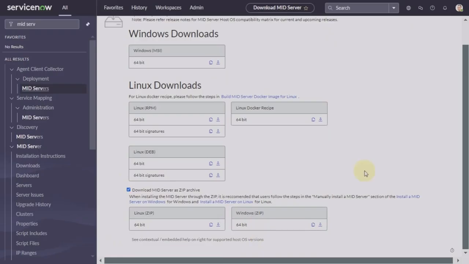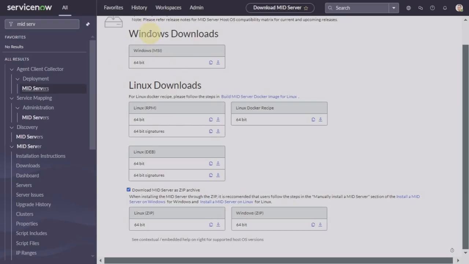It is always recommended to download mid server for the Windows operating system because in that case you will be able to discover both Windows and Linux devices. But if you download mid server for Linux operating system, it restricts discovery of any Windows devices. So it is always recommended, if you have both types of devices in your organization, you should go with downloading mid server for the Windows operating system so that you can discover Windows and Linux